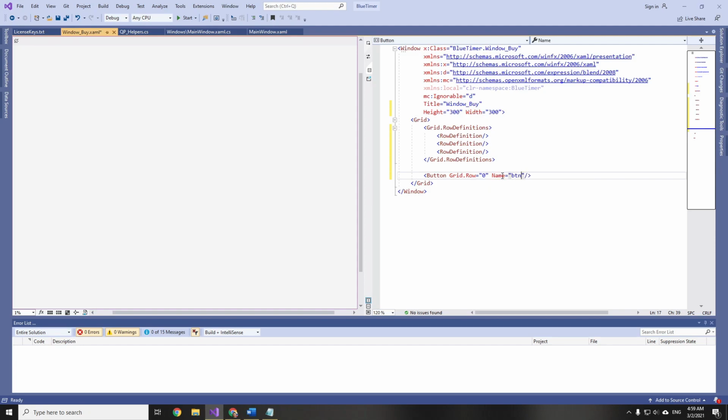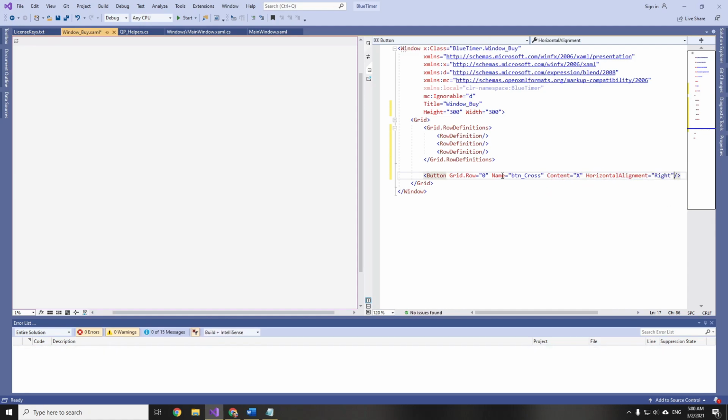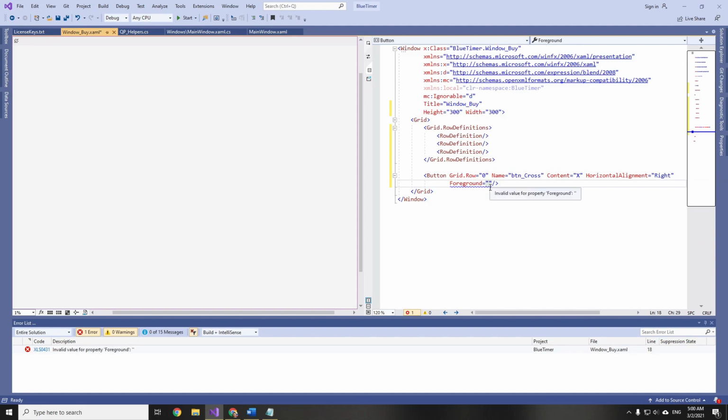Name will be button cross, content will be cross, horizontal alignment will be right, foreground will be hash AAA, then style will be static resource transparent button.